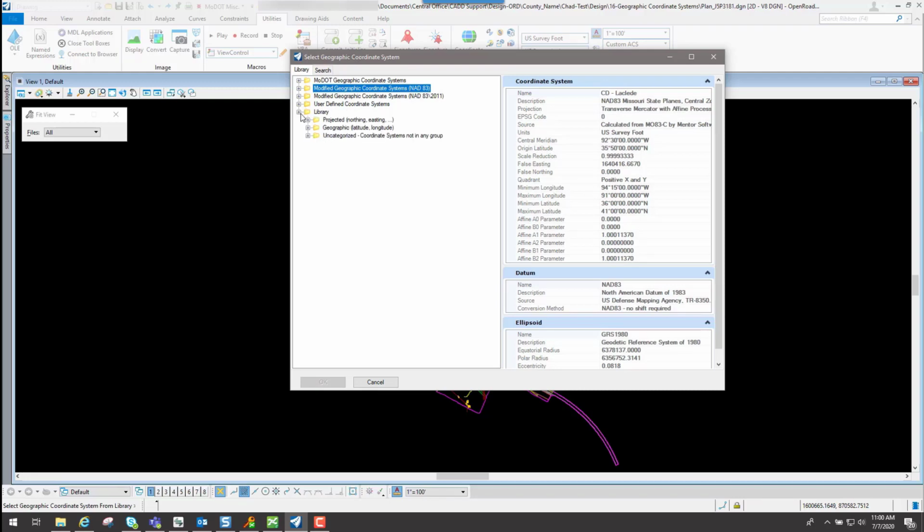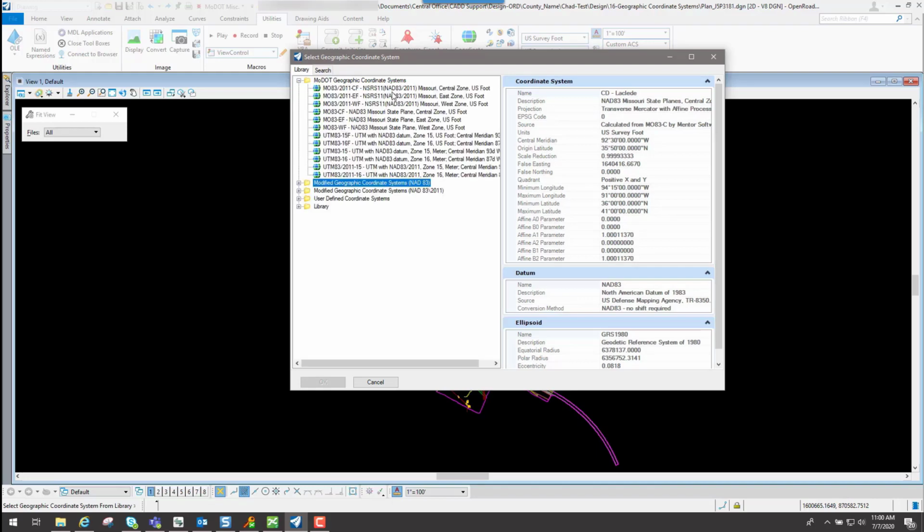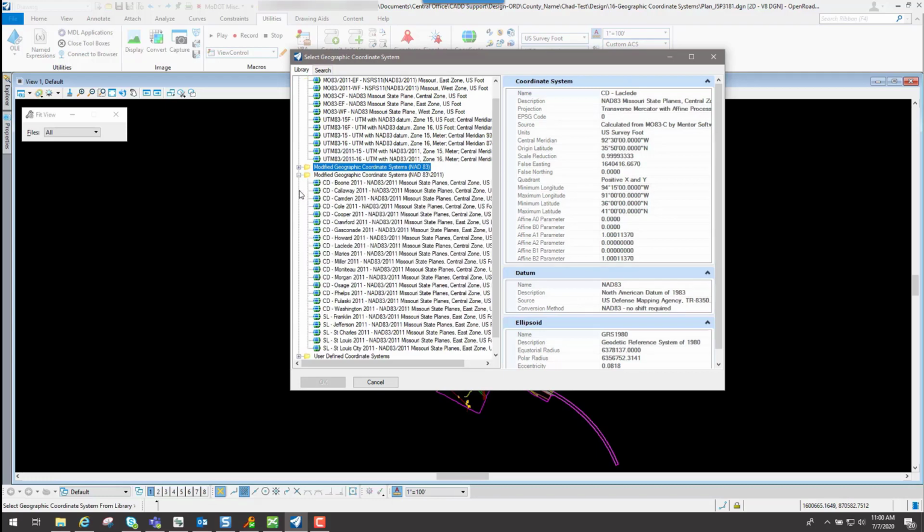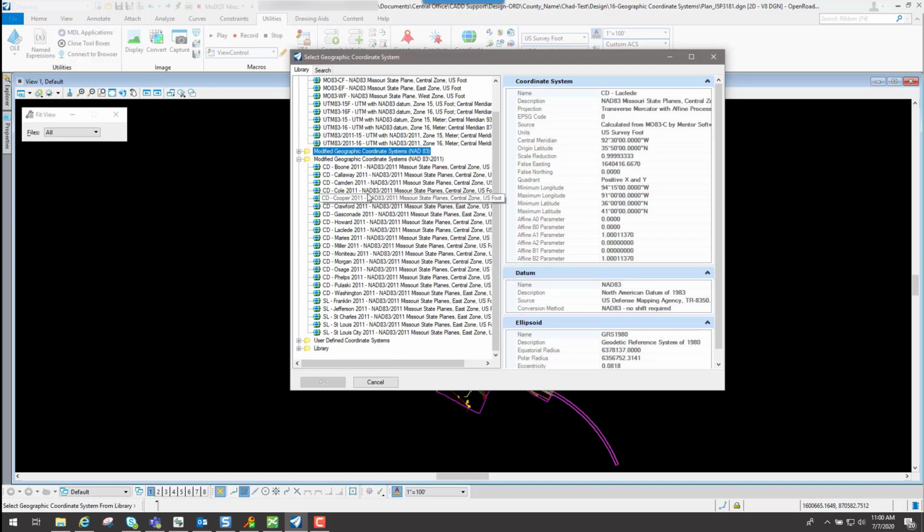And then you also have the library, which has all the coordinate systems that are provided through Bentley. And if you want to look at those at your own leisure, you can go right ahead. But the ones that we've always used are these right through here for the state plane systems, or if there's a modified factor, you'd probably use one of these. And like I said, there's some from the Central District that they use for a county-wide projection factor, and then also in the St. Louis area.